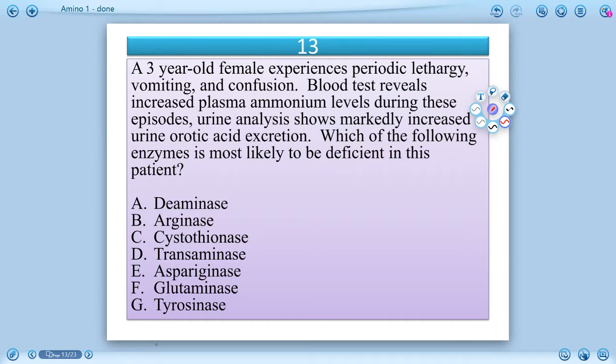It's a urea cycle problem. Urea cycle problem. Okay. None of these enzymes are related to urea cycle. This is the only one. Deaminase is a general term. So, no, not in the urea cycle. Outside of the urea cycle, yes. Okay. So deaminase 1 can be deficient, 2, 3, but there's a lot of them. But arginase specifically will build up urea. Deaminase, you cannot deaminate a specific amino acid. So